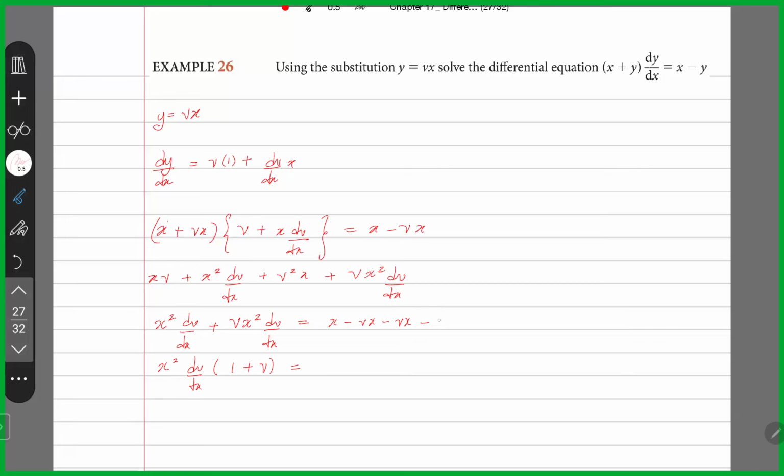Minus xv squared. So what we have is x times 1 minus 2v minus v squared, so now we have x squared